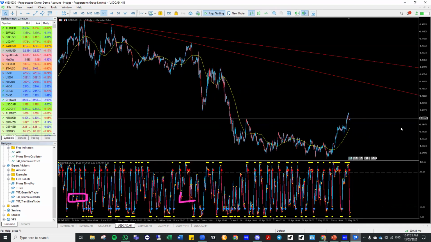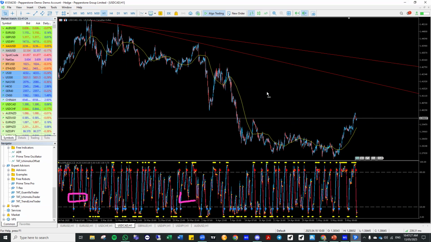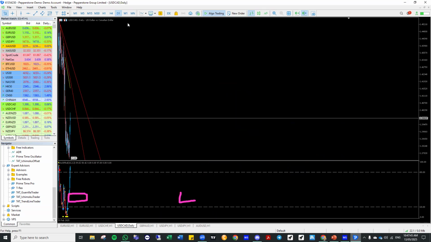Now, the situation here: is dollar CAD going up or down? We'd have to look at the short term and long term to work out what's going on. On the short term, it is, I keep trying to use that pen, it is going up at the moment. But overall, if I go to the daily chart,